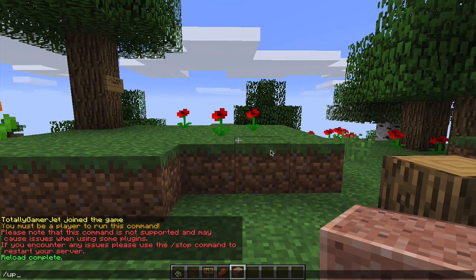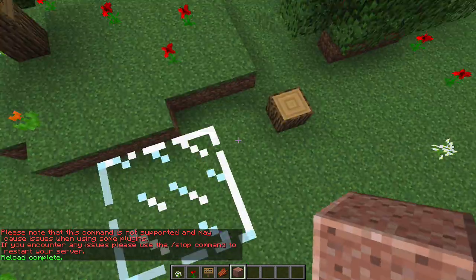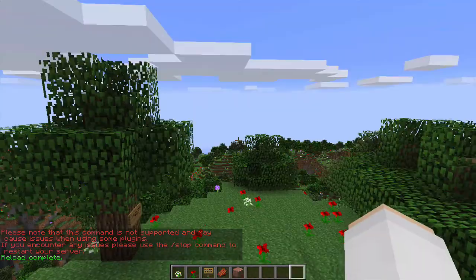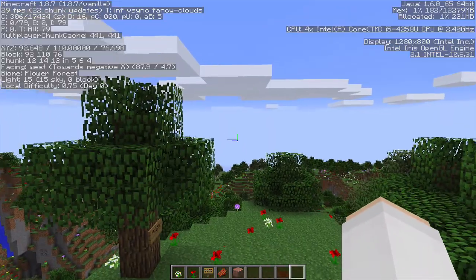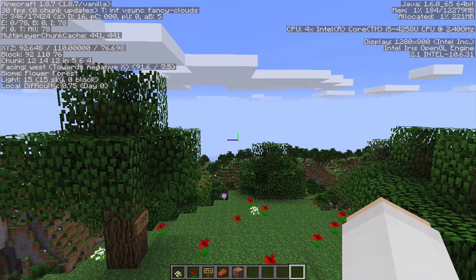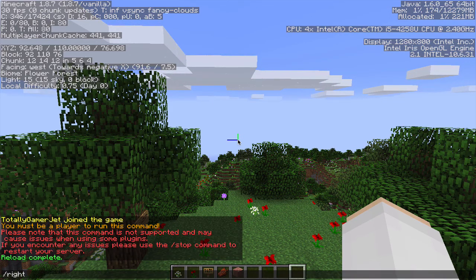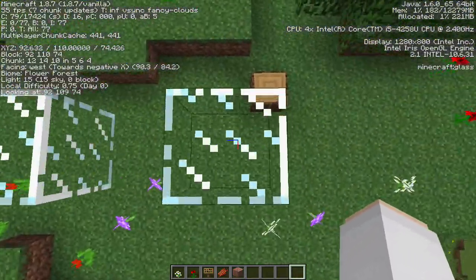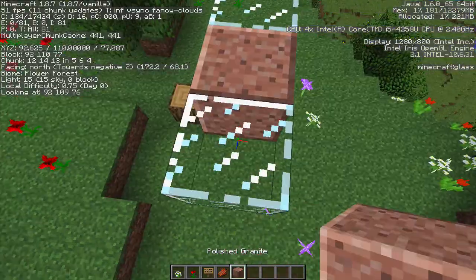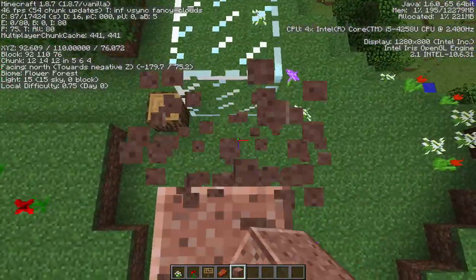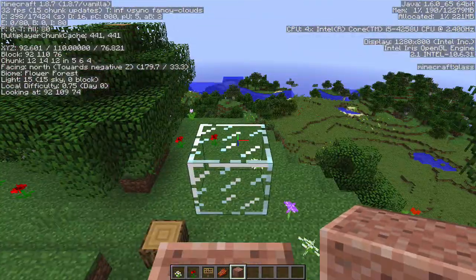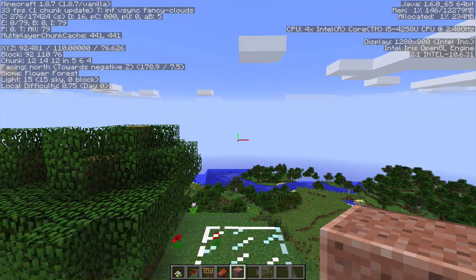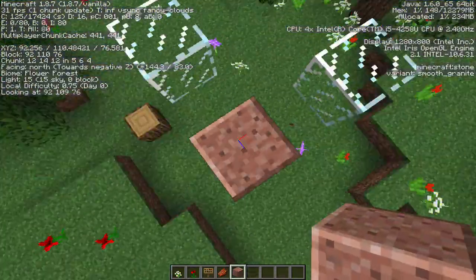So now if you do /up 5 blocks, you can see it teleports me up 5 blocks, and there's going to be a block placed right below me. So now we can test this. If we're looking at -x, you can do /right 2. Whoops, I fell through the blocks, but yeah. So it teleported me. If we just replace a block right here so that you can see where the center is, it teleported me to the right 2 blocks. And now we're looking at -z, /right 2 blocks. And yeah,